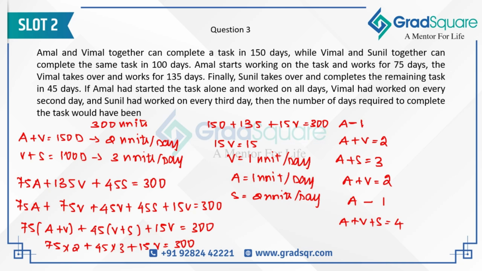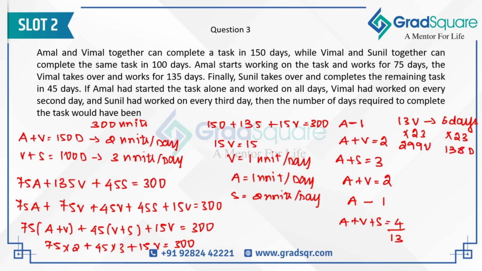So in a total of 6 days, how many units have been completed? 13 units have been completed. So 13 units are completed in 6 days, and we require to complete how many units? 300 units, but 300 is not a multiple of 13. So let me take a value closer to 300 and also a multiple of 13, which is going to be 299 units, which is nothing but 23 times 13. So the right hand side should also be multiplied by 23, so that is going to give me